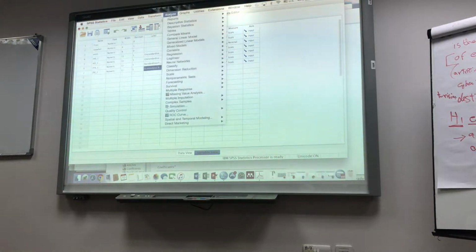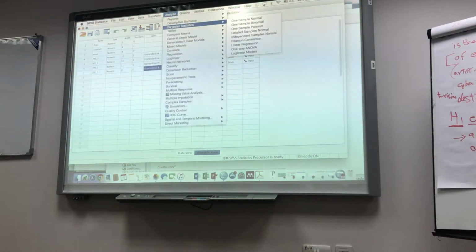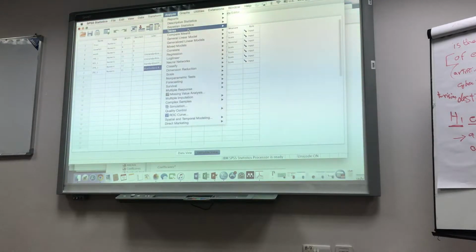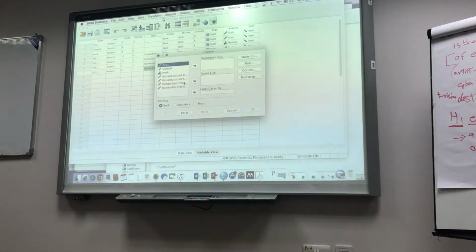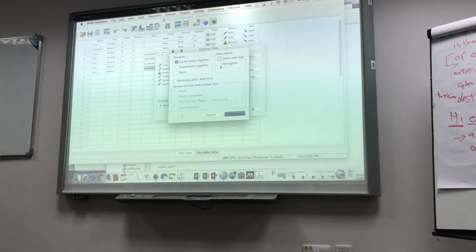Let's first do the normality test for the residue. We go to Analyze, Descriptive Statistics, and choose Explore. We put the unstandardized residue into the dependent list, click on Plots, deselect everything, and only check the histogram and the normality tests.